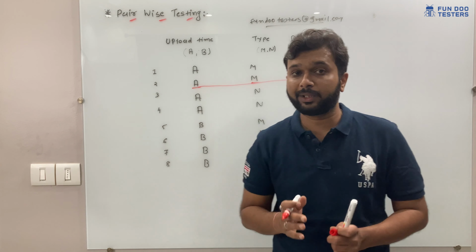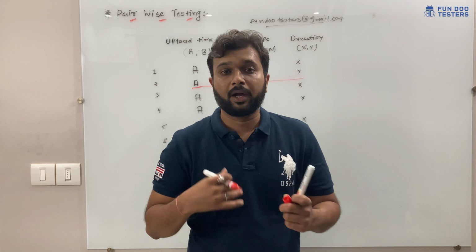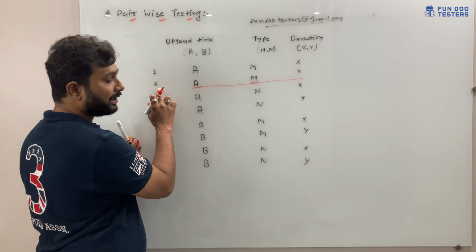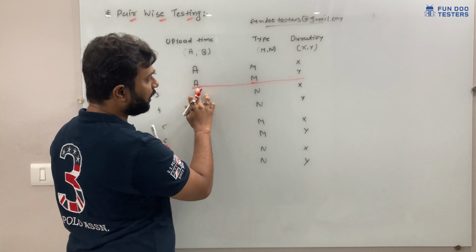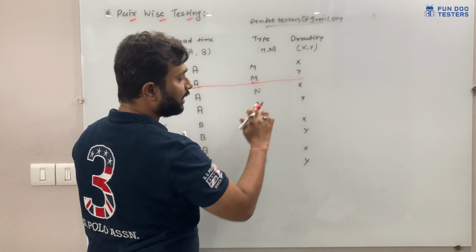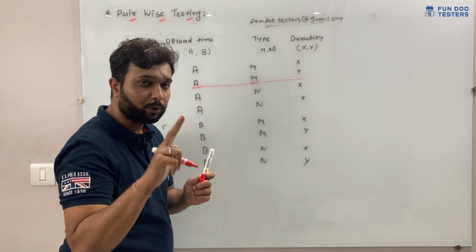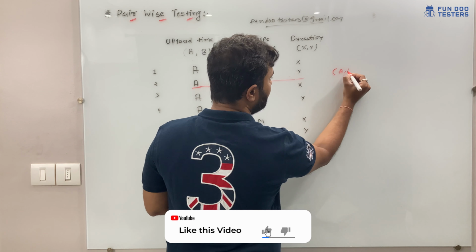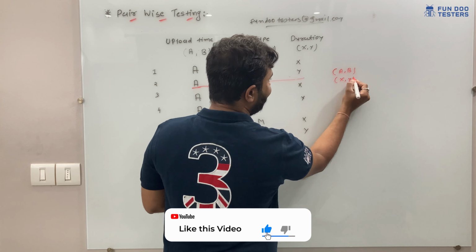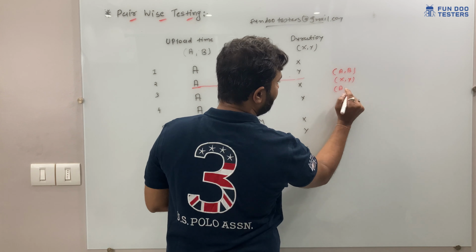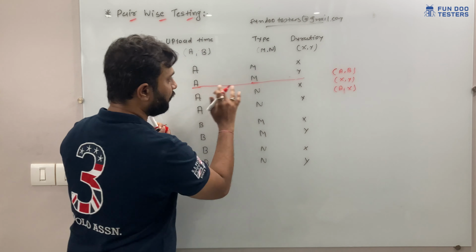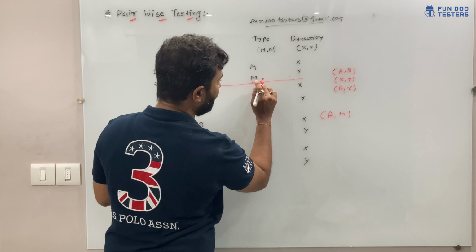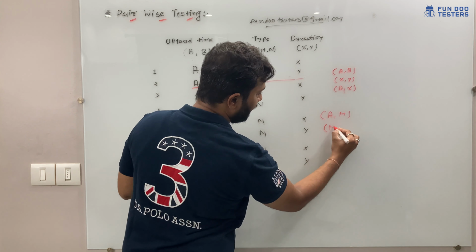Let's take an example of the test cases and see how we can make a pair. First of all, let's say I am going with test case 2, which has 3 values: A, M and Y. Using that, we make pairs of 2, so each pair should be like A or B, X or Y, A or X. Here we can make 2 pairs, which are A and M, and M and Y.